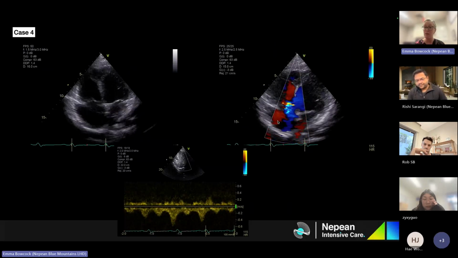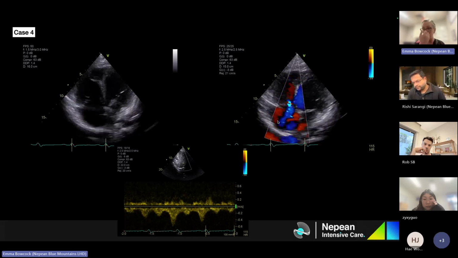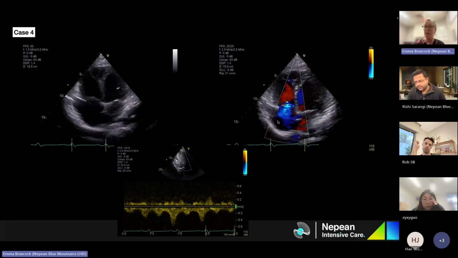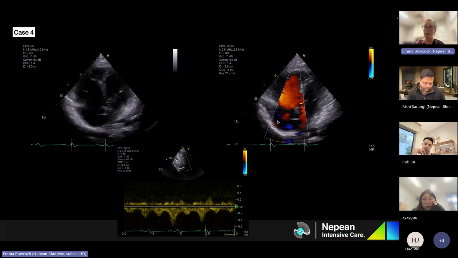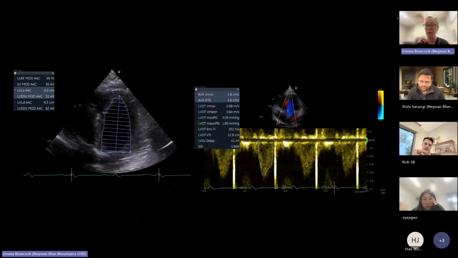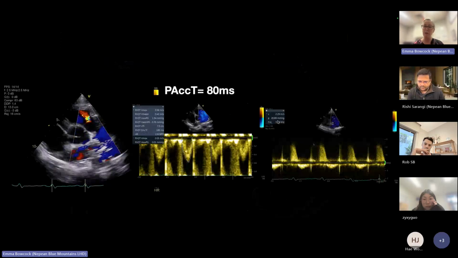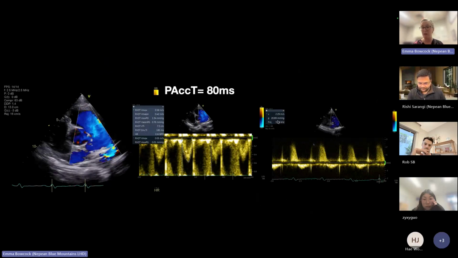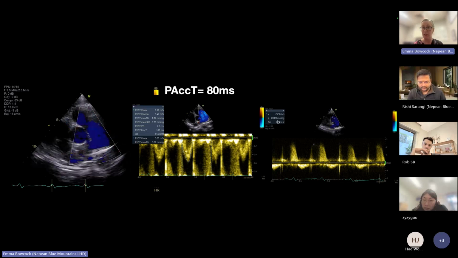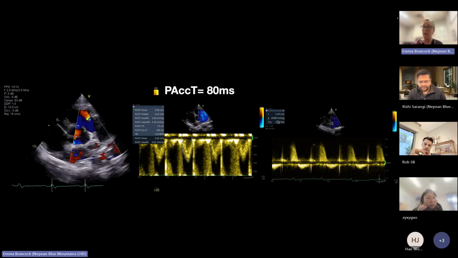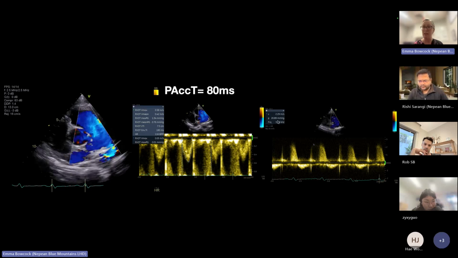Can't really tell from these, but the measurements of the RV in the other non-foreshortened images show severely dilated RV with moderately impaired function. And so, features in keeping with a precapillary element, with the shortened accel time, suggest expert MDT input,